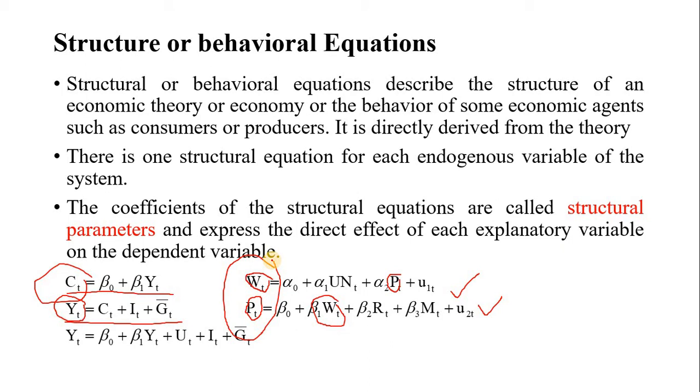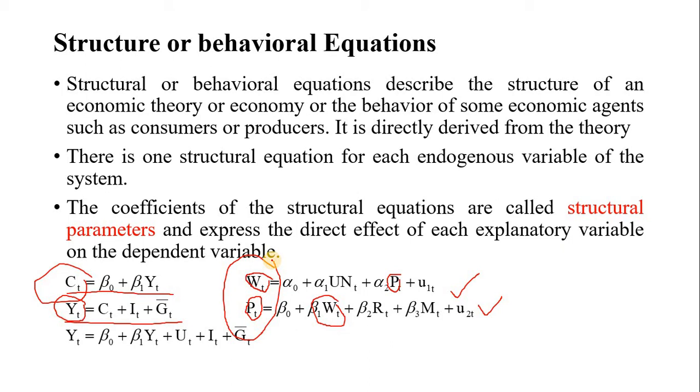Okay, so if you are taking the IS-LM model, it will describe income, consumption, investment relations, or how the interest rate is determined, or how income and interest rate are related. Okay, so it basically describes the macroeconomic framework of an economy. If you take the consumption function, it describes how consumption and income are related. If you take the investment function, it will tell you how investment and income or interest rate are related. If you take demand for money, it will describe how the demand for money and interest rate and income are